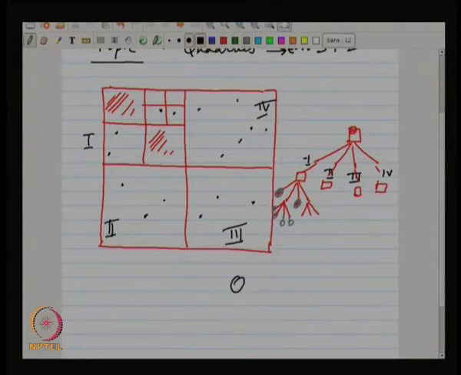So, this tree is called a quad tree. Why? Because analogous to the binary tree, it has a maximum of 4 children at any internal node. If you think about the one dimensional quad tree, it is going to be an interval where you are going to bisect the interval in terms of its length. So, here we are always partitioning in terms of the length of the square